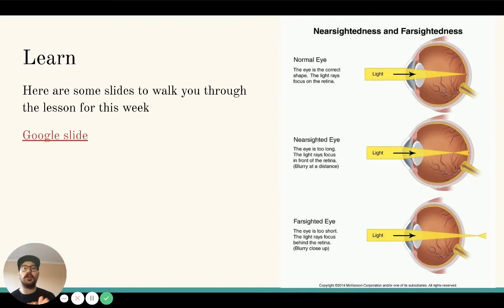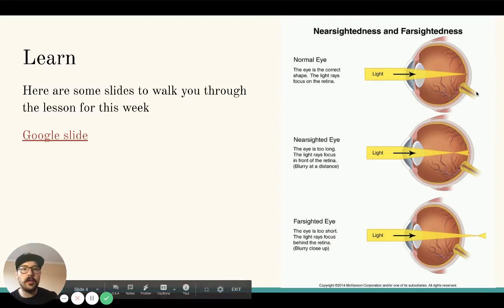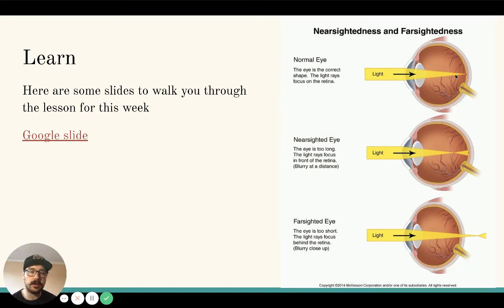All right, so learning. How are you going to figure out what these are? Here we have our 3 eyes. A normal eye, what a normal eye looks like, and how the light should pass through it and be focused as a result of the lens in our eye that we learned about last week. We have our nearsighted eye, which you should notice is a little bit longer than our regular eye, and the focal point has been shifted to in front of it. And then our farsighted eye looks a little squished in, and therefore the light is not going to focus properly